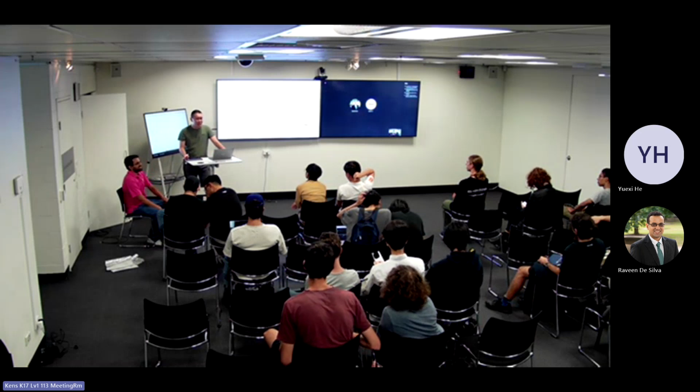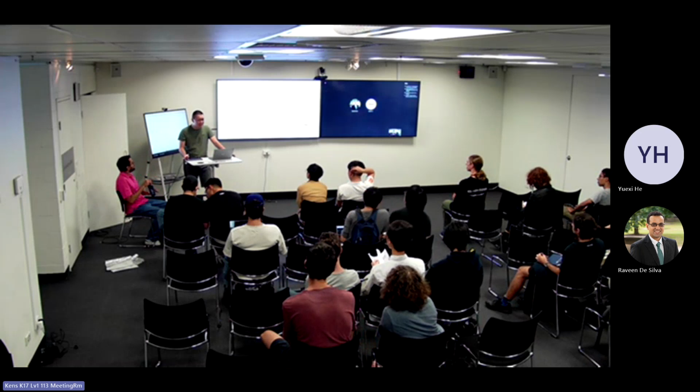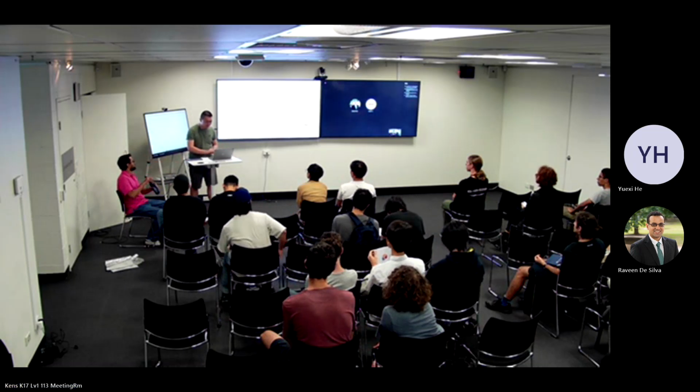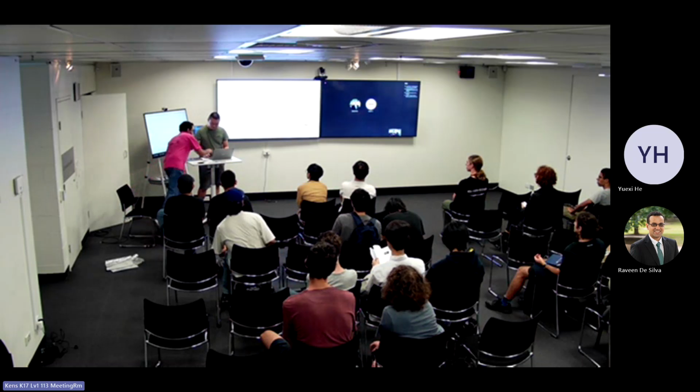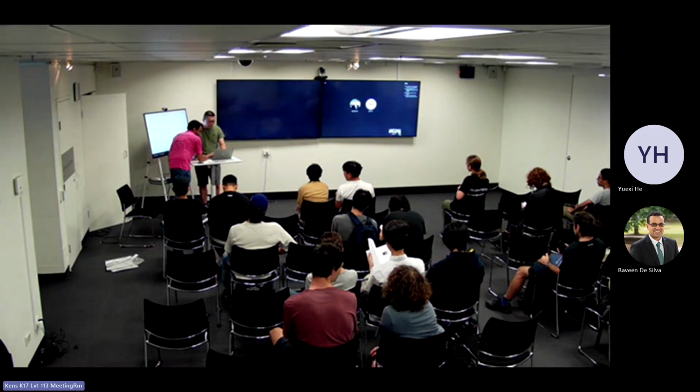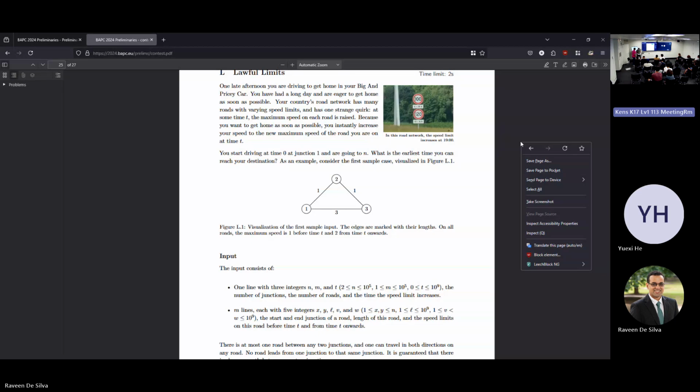Awesome. So in L, it's apparently somewhat standard, but also different graph problem. If you share from my laptop. Okay. I see. Sorry. So yeah, problem L is sort of going through a graph. You're going from node or junction 1 to junction n, and it's about trying to get to n as fast as possible within a given time.